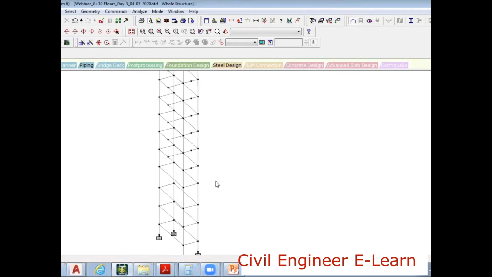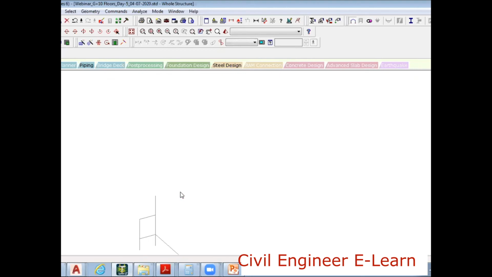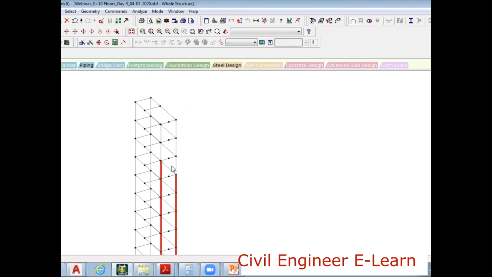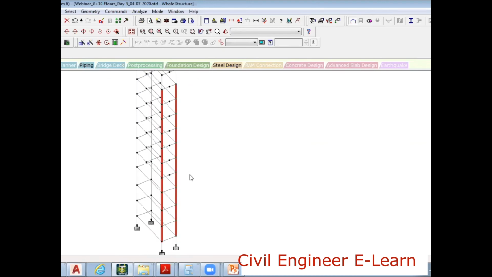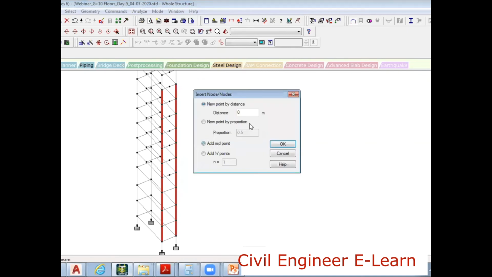So how can I add this mid landing beam? I can just select all these columns here, this one. I'm selecting all these beams, sorry, columns. Right? Now I can say right click, insert node, midpoint.